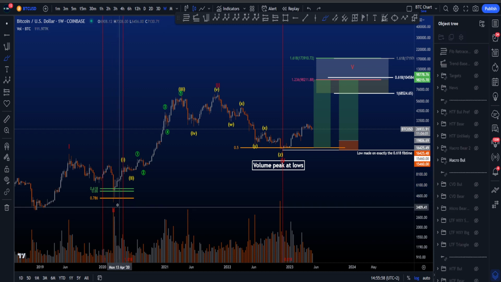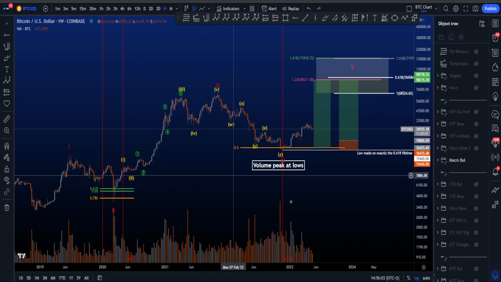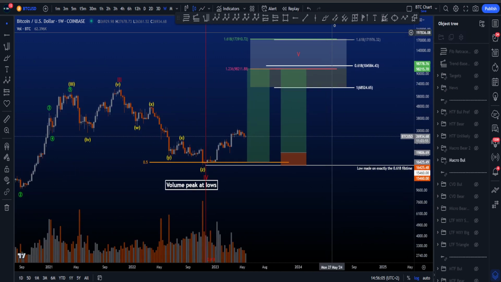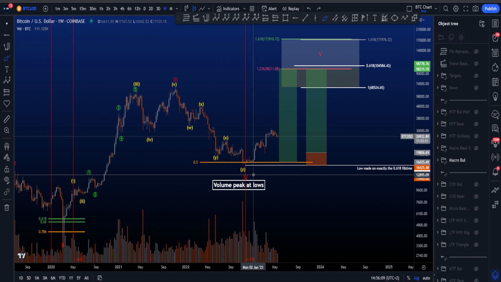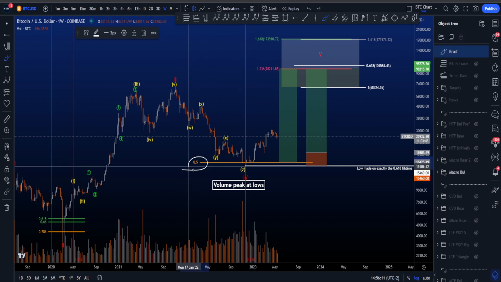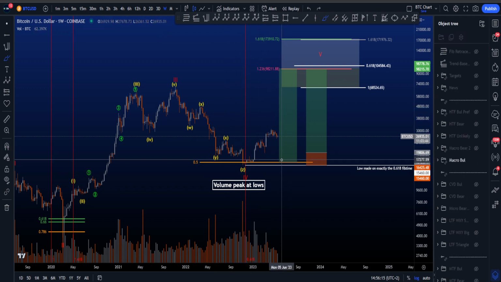This was the COVID dump, high amount of volume, which was then the beginning of a bigger move in a wave 3 to the upside. We had two potential trading setups over here. The first one was to enter above the 0.5 because a high time frame wave 4 is not allowed to close any candles below the 0.5, which didn't happen, so the stop loss was here looking for upside, should already